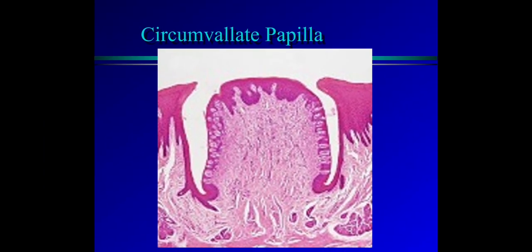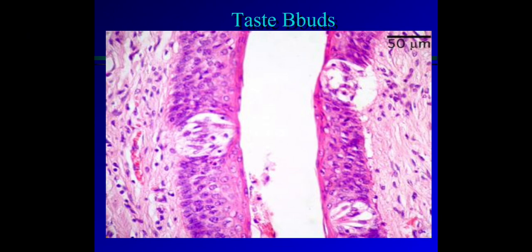At the floor of this sulcus, there are a number of glands of von Ebner. Here these are the glands of von Ebner. There is the presence of ducts. Through the ducts, these cells pour their secretion into this sulcus. Okay, so this is the circumvallate papilla. Here these are the taste buds seen, with a number of elongated cells and the taste pore at the center on the surface.